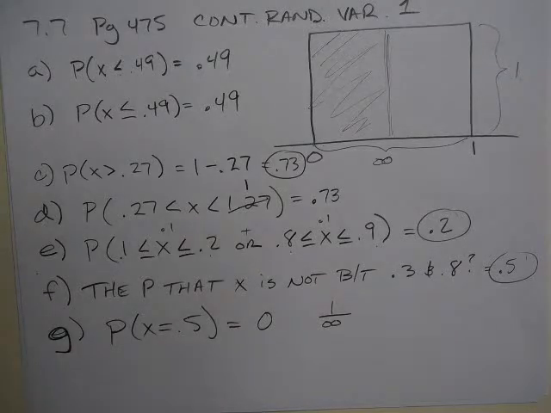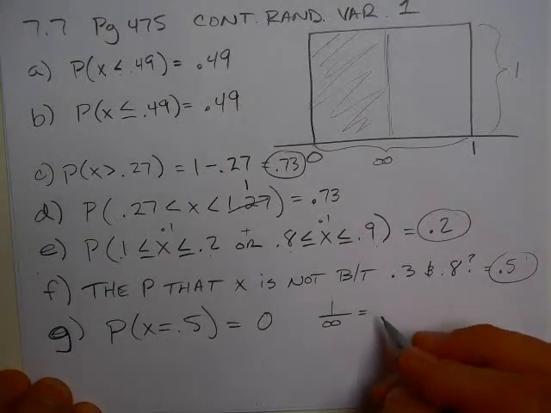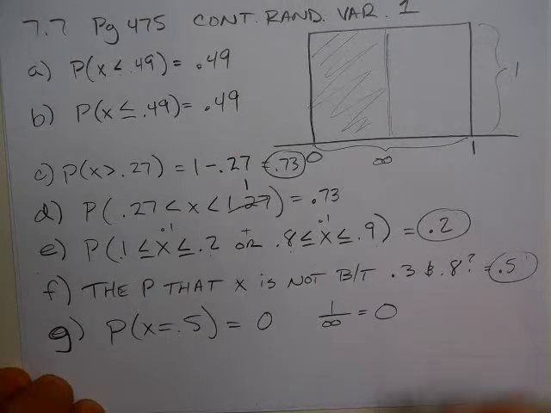And for those of you that might have taken calculus or pre-calc possibly, what does 1 out of infinity approach? 0. Yeah. It's about as close to 0 as you can get with a fraction without actually being 0, so we just say it's 0. So it's such an unlikely event, we just call it 0. That's how, at least that's how I make sense of it, why that would be 0. Okay? All right, so